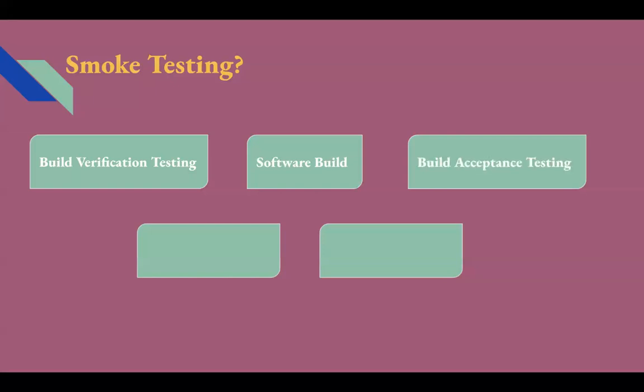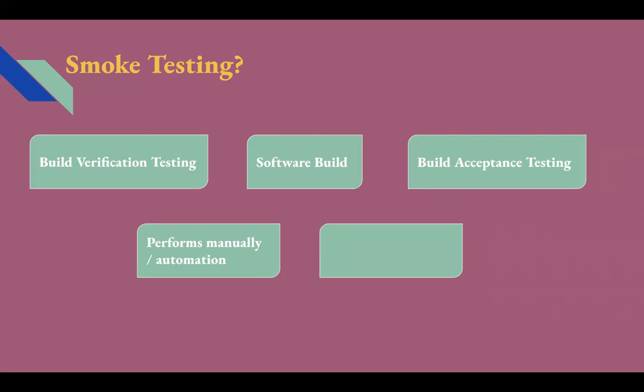Smoke testing is done by testers before accepting a build for further testing, so it is also called build acceptance testing. Smoke tests can be performed either manually or through automation. The smoke tests are performed as a prerequisite to software testing, and they let the QA team know if they can proceed with further testing or not.